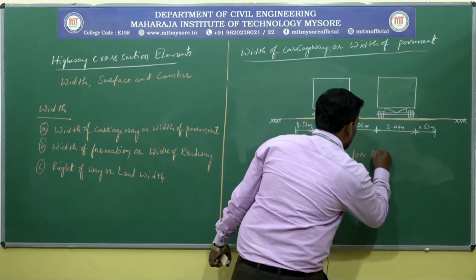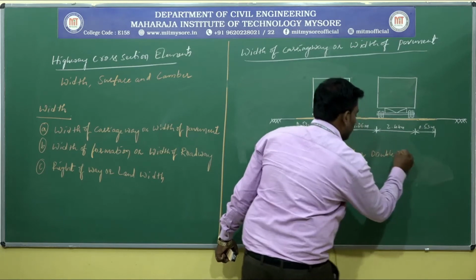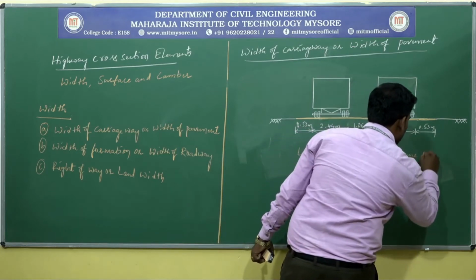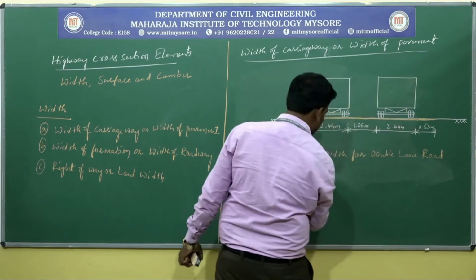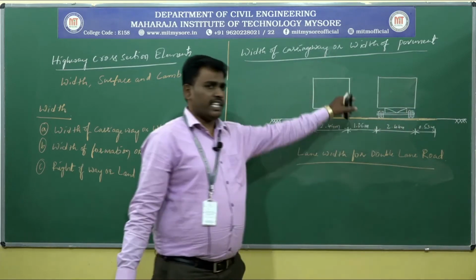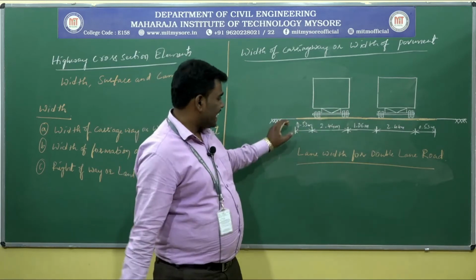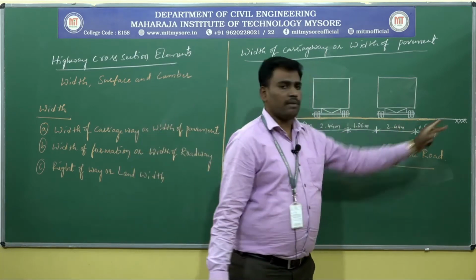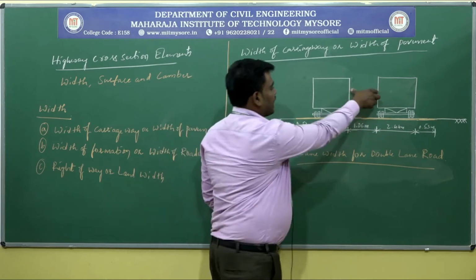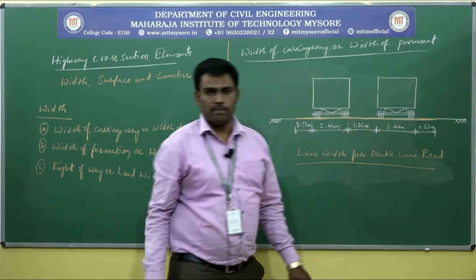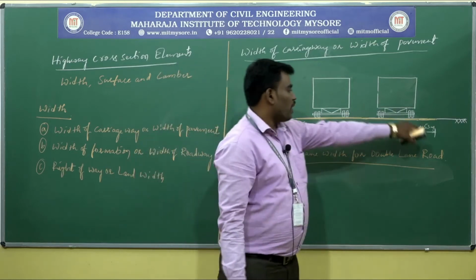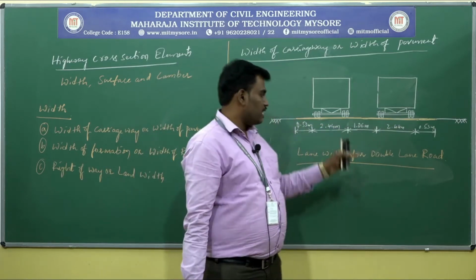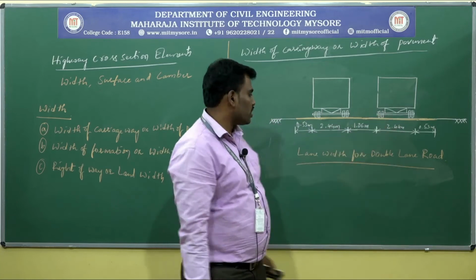for a double lane road. Okay, for the double lane road the side clearance will be 0.53 meter on either side and the center clearance is about 1.06 meter, that is twice of the side clearance. That is 0.53 multiplied by 2, it is 1.06 meter, and